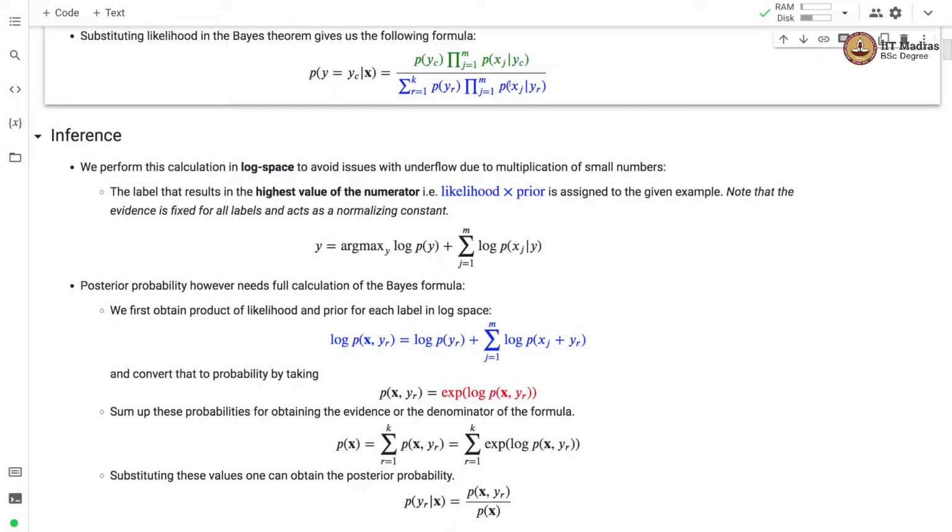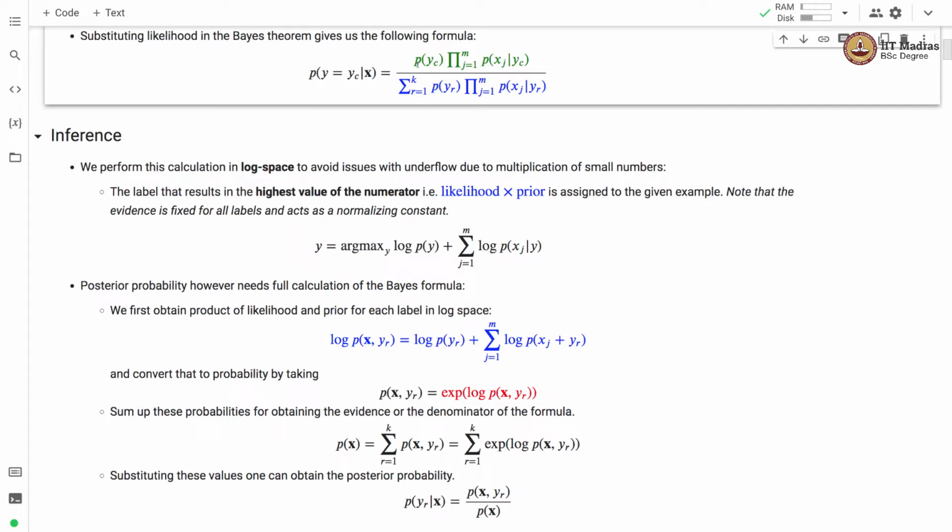Now note that this evidence is fixed for all the labels, and this evidence mainly acts as a normalizing constant. So we assign the label y that results in the maximum value of the likelihood into the